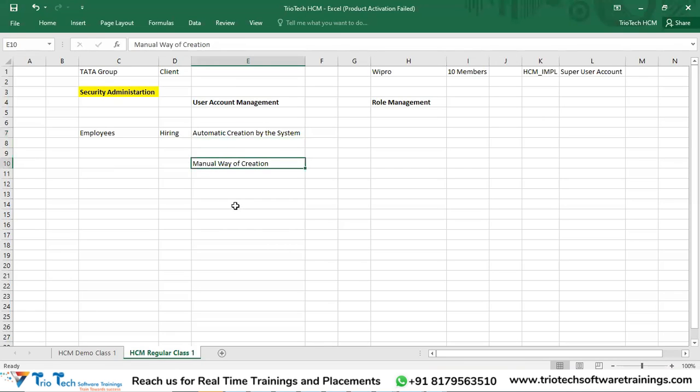The other way is the manual way of creation. Let's suppose while you are hiring the employee, due to some data discrepancy, the system has not generated the user account. There are different reasons why the system can skip creating user accounts for employees being hired, due to some data issues. Let's say, as far as security administration is concerned, in user account management,